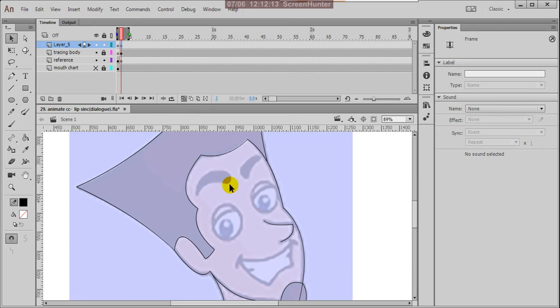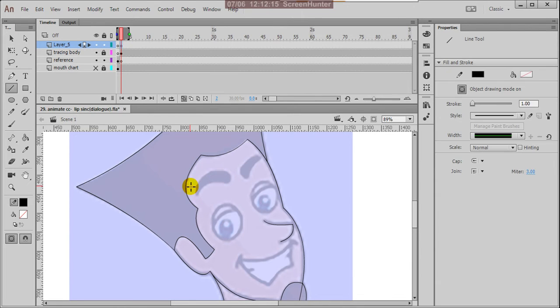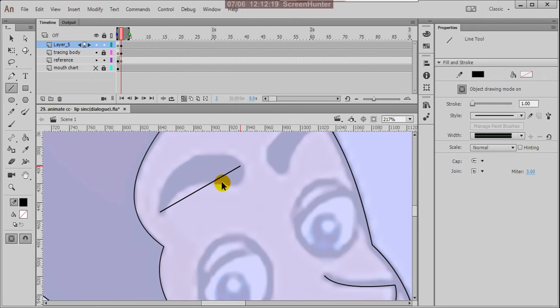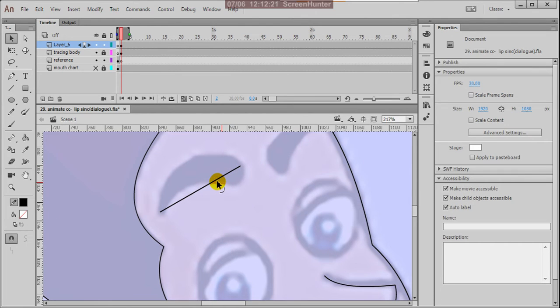So I'm using again line tool, so shortcut is N, and V to give shape for that. And here I want to break the line, so that I'm giving the control, press control and connect that line, so that you will get the exact shape.